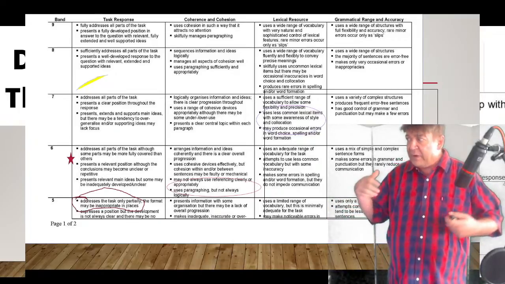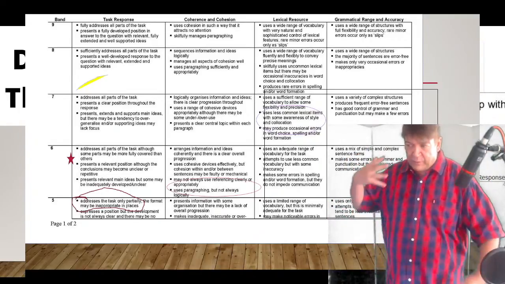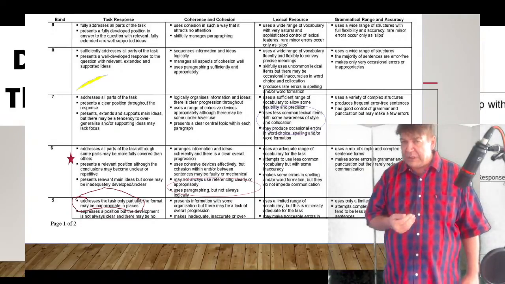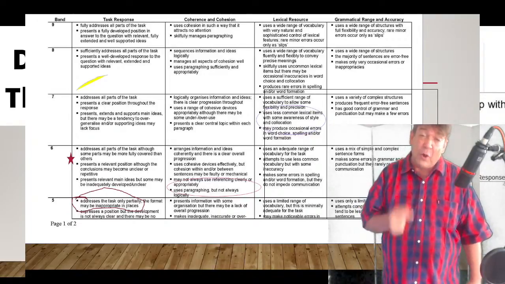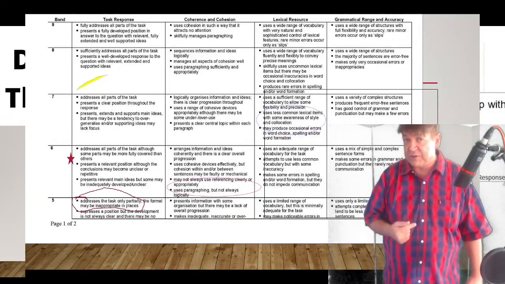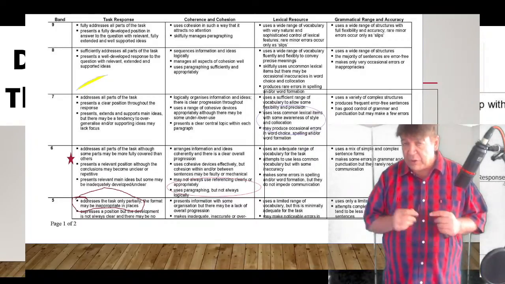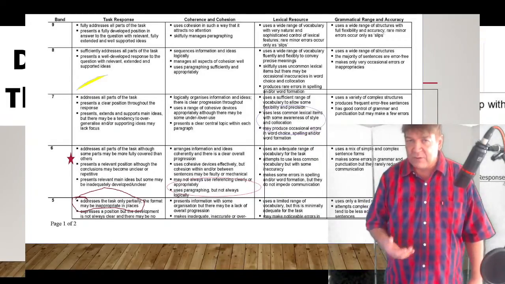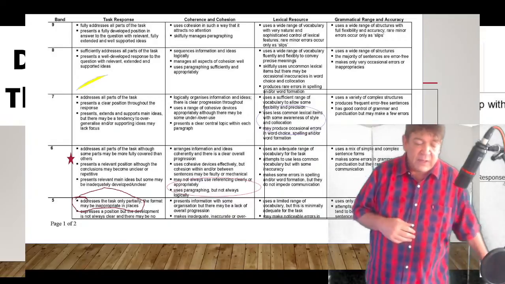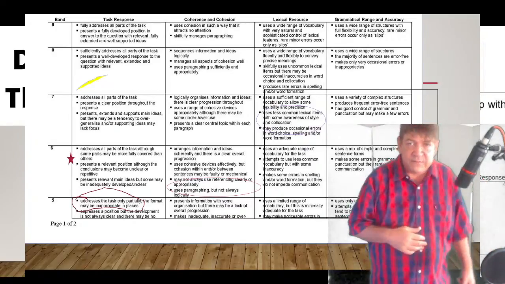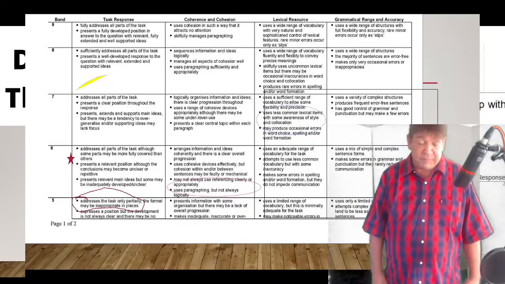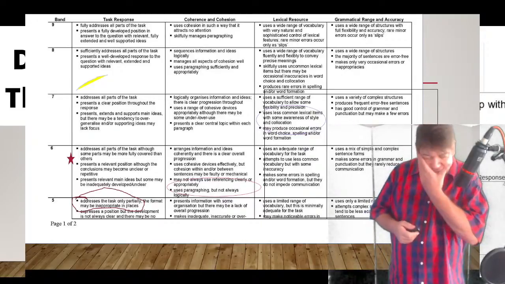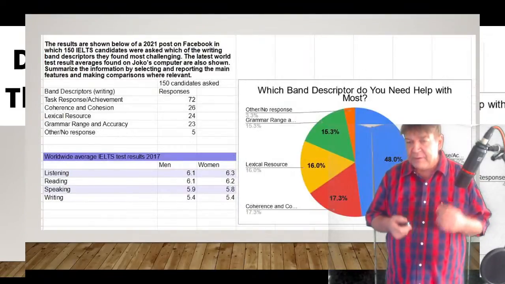Okay? And so it shows, once again, for every type of task 2, it's task response where you need to pay the most attention. And that's where knowing the different types of questions is so important, because you would have done much better if this had been an advantages and disadvantages question. Or sometimes we'll see, is this a positive or negative development? If the question had said that, you'd be right on. But it didn't. So it's all about reading the test carefully.